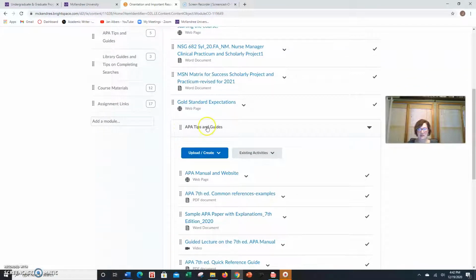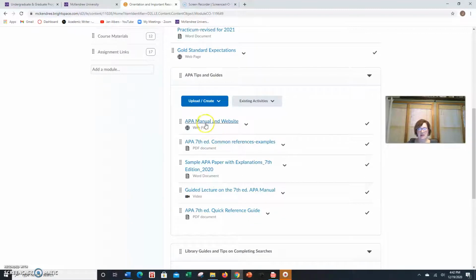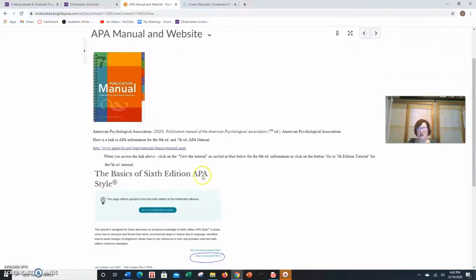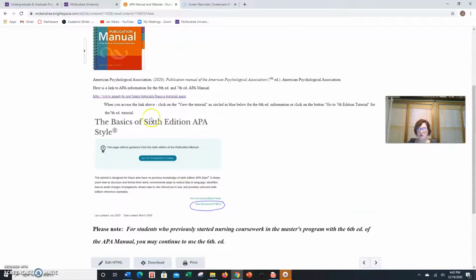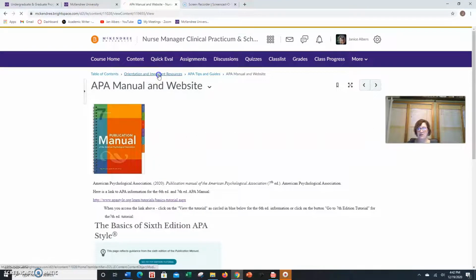The other portions include APA tips and guides, and there is a website for the APA manual, and you may have some students who will be working under the 6th edition still, and likely so. Those students who came into the program when the 7th edition came out will be under the 7th edition, but most all of the students to start out with in this course will be in the 6th edition. So this is a resource for the 6th edition, and all they need to do is click on this link and then go to the tutorial, and then they'll get some information on the 6th edition, and know that that's there for them,